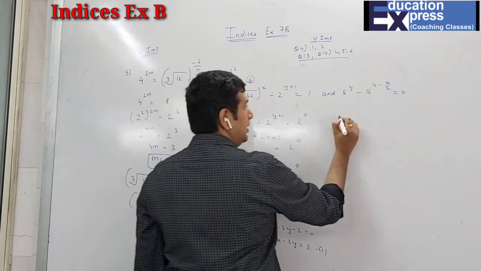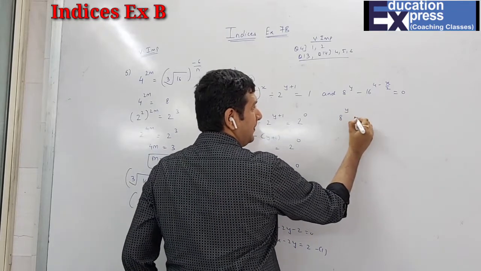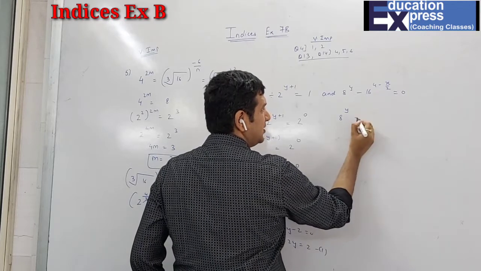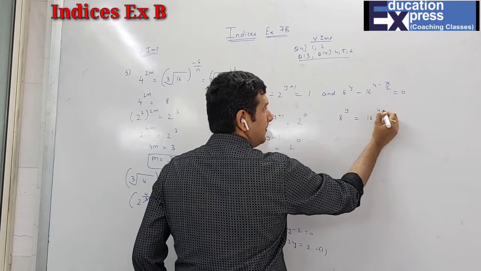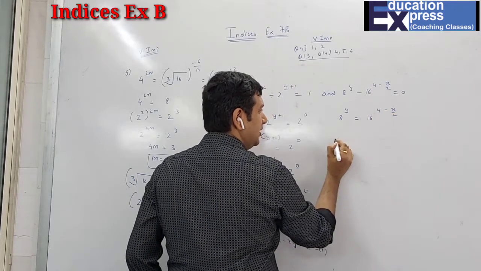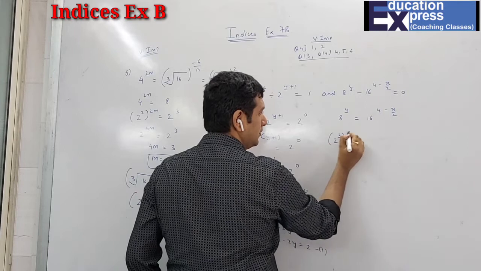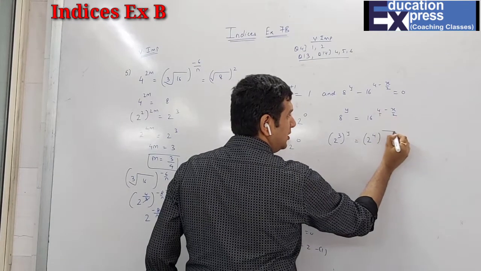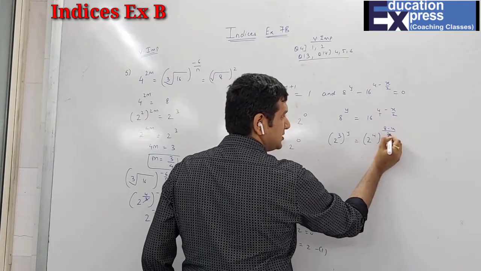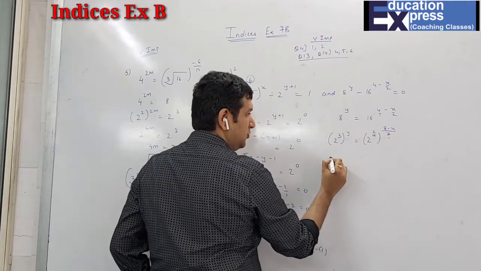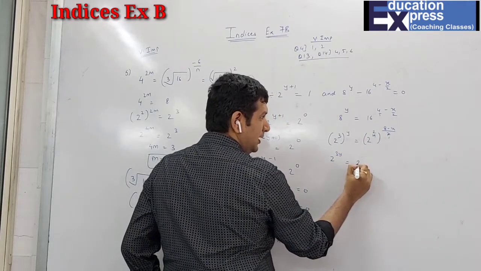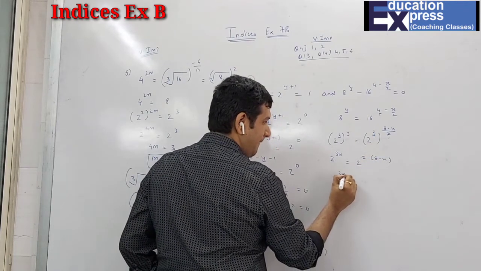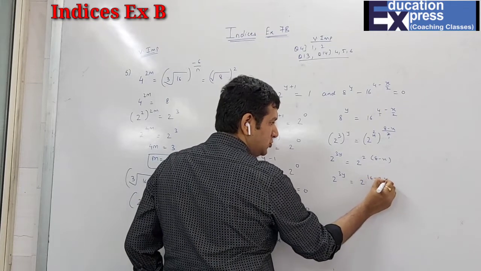Now 8 raised to y minus 16. I have told you students that first I will send this over here. Now this is nothing but 2 cube, and this is 2 raised to 4, and outside the bracket I will take the LCM of the power, that is 2, 8 minus x. 2 1s are 2, 2 2s are 4. So now 2 raised to 3y and 2. Outside the bracket there is 8 minus x. 16 minus 2x. Bases are same.